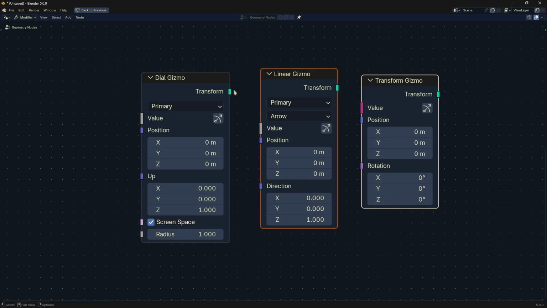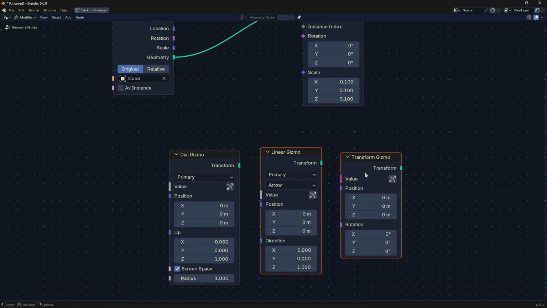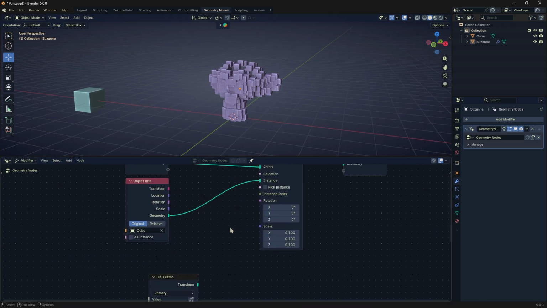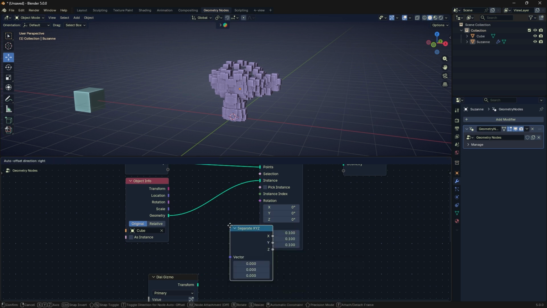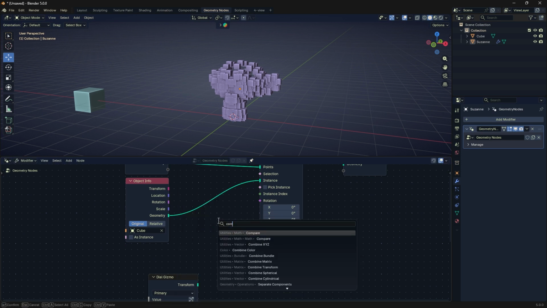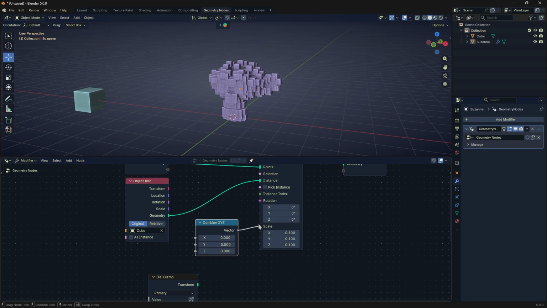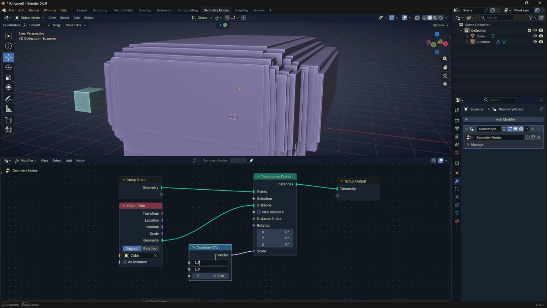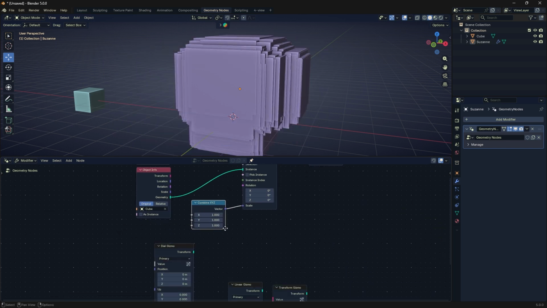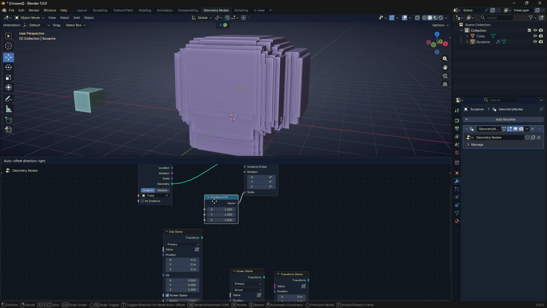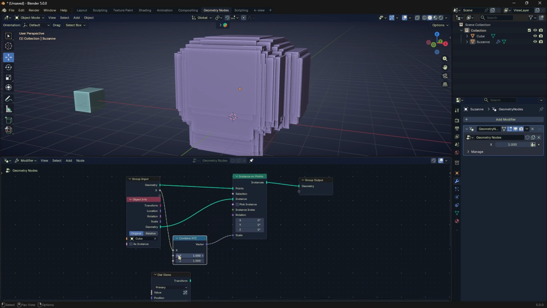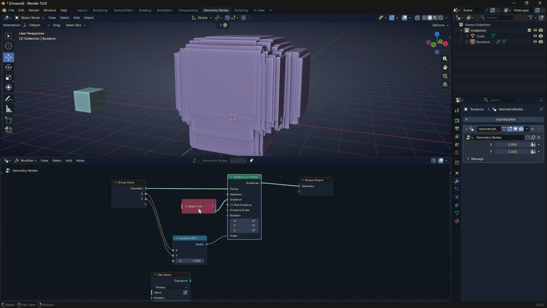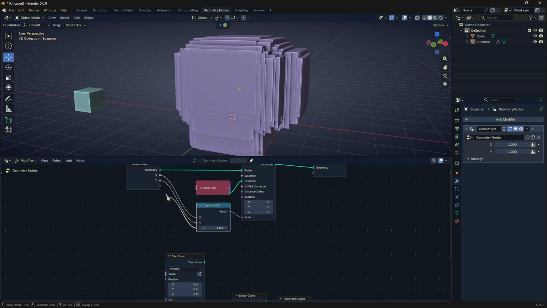For this example, let's take only the Dial Gizmo, because all the things are the same and it just works differently. In order to do that, it's very simple actually. Let me separate and combine. Okay, great. I need to separate this vector value, and the only reason I wanted to separate it is so we can use this value here, and for that I need to do this. Let me close this here,